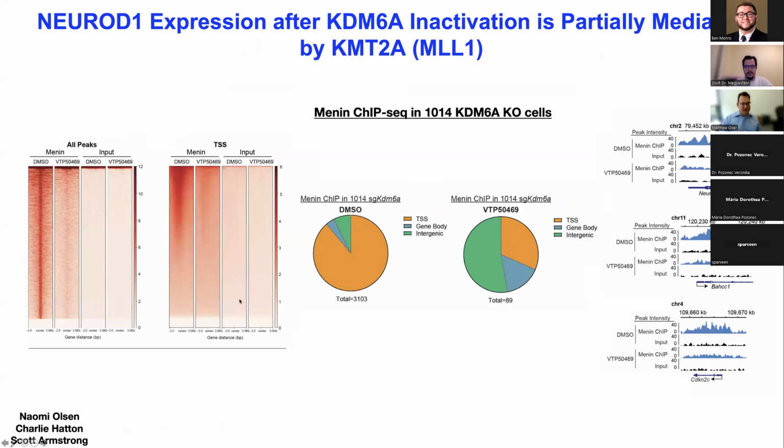So we collaborated with Naomi Olson and Scott Armstrong's lab, who really are experts in menin, and they did menin ChIP. And what we could see was that when we chipped menin at NeuroD1, it was decorating the NeuroD1 promoter, and this signal was lost when we treated with the inhibitor. So in the KDM6A mutant cells, menin now has sort of a gain of function activity that's binding NeuroD1 and